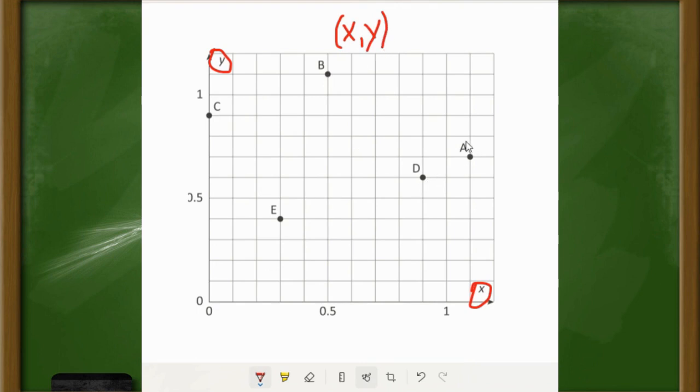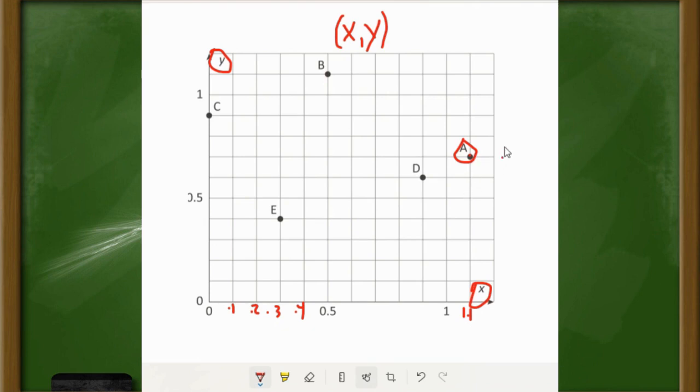For instance, if we wanted to identify point A, let's count over how many we have to get to this line here. Well, we see we go all the way to our full number 1, and these are split up by 0.1s. We have 0.1, 0.2, 0.3, 0.4, 0.5, so on and so forth. So when we get to 1, the next one must be 1.1. And we have to see how many we go up. Well, 0.5 is here. So let's count out 0.5, 0.6,